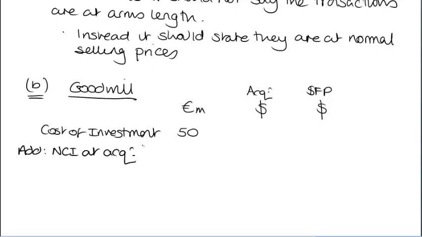Well, Egin has bought 80% of Briars, so the NCI are going to have 20% of the net assets. We're not given a fair value, so we'd have to assume that the proportionate method is being used. So 20% of 45 million euros is 9 million,